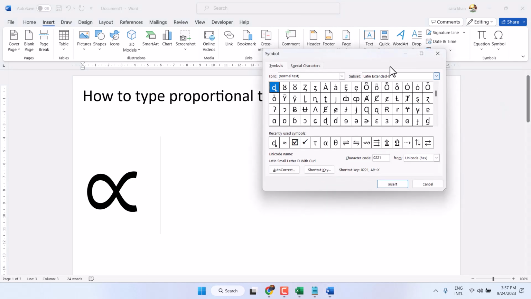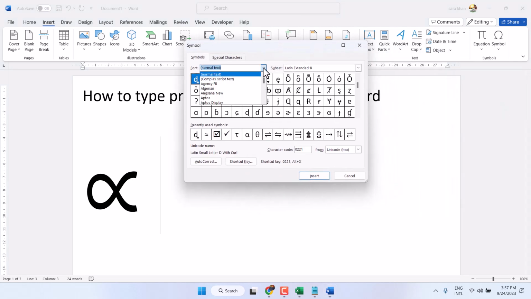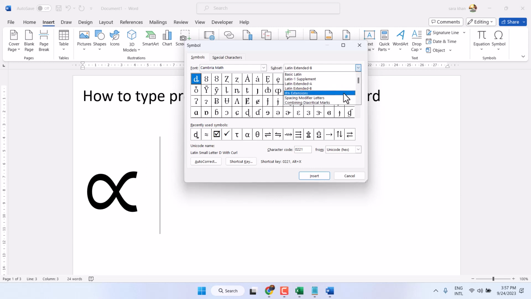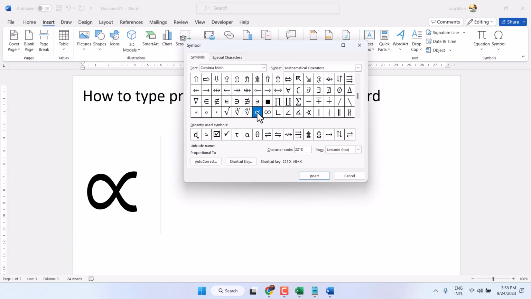symbol, more symbols, and in font select Cambria Math and subset select mathematical operator. So select this mathematical operators and select this symbol proportional to, then insert, and make sure this is the character code 221D, and this is the shortcut key 221D,